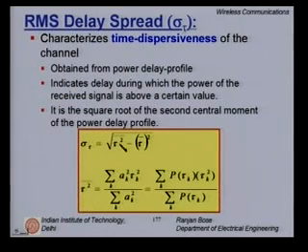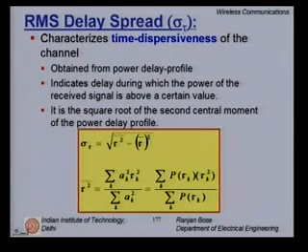Again, tau bar squared, which is used in this equation, is nothing but summation over k, p tau k times tau k squared divided by summation of p tau k. Right. So, given a measured value of a power delay profile, it is easy to compute tau bar, it is easy to compute tau squared bar, and hence it is relatively easy to compute sigma subscript tau from this equation. Please recall that RMS delay spread will have a limit on how fast you can send the data bits over an unequalized channel.